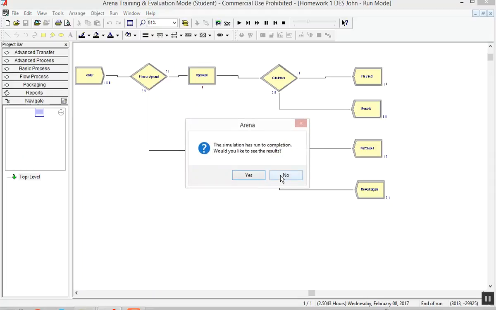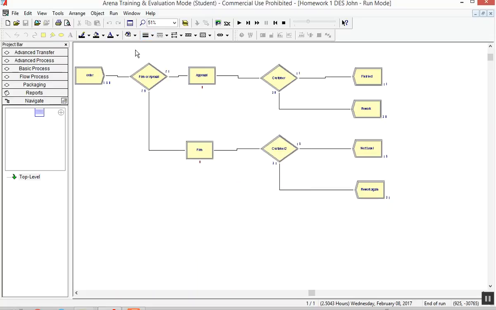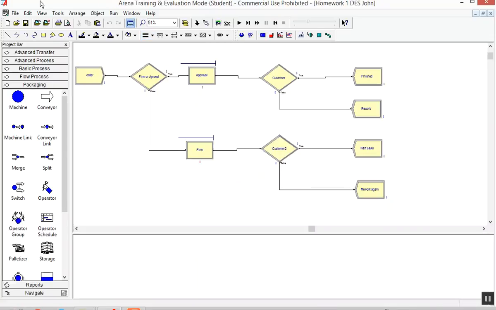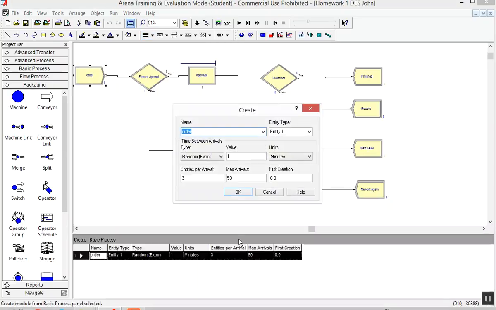I had to set this. I had trouble with it. I had to set my max arrival to 50 because any more than 50 come up with that error, and that's probably something I did. Well, it's not something that you did really, other than the